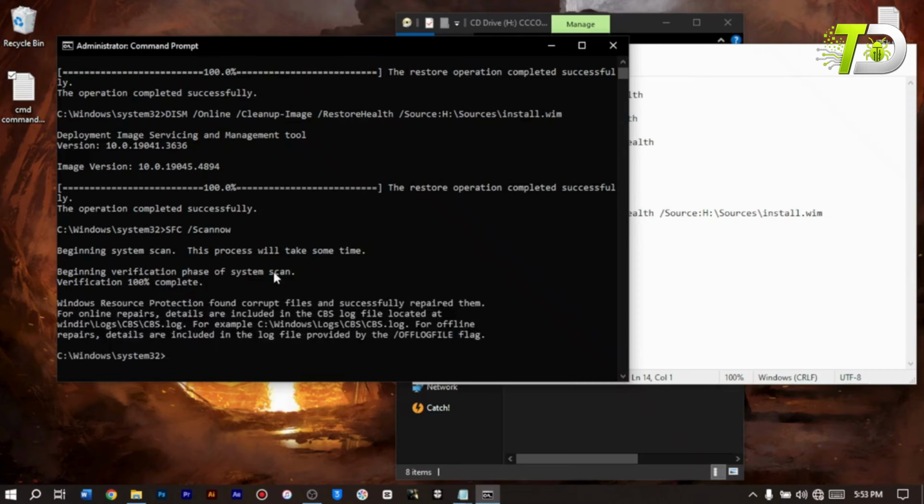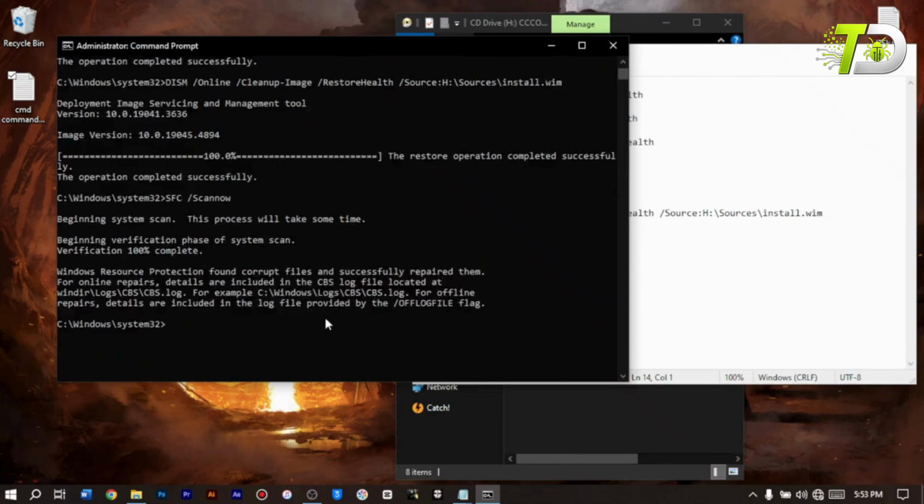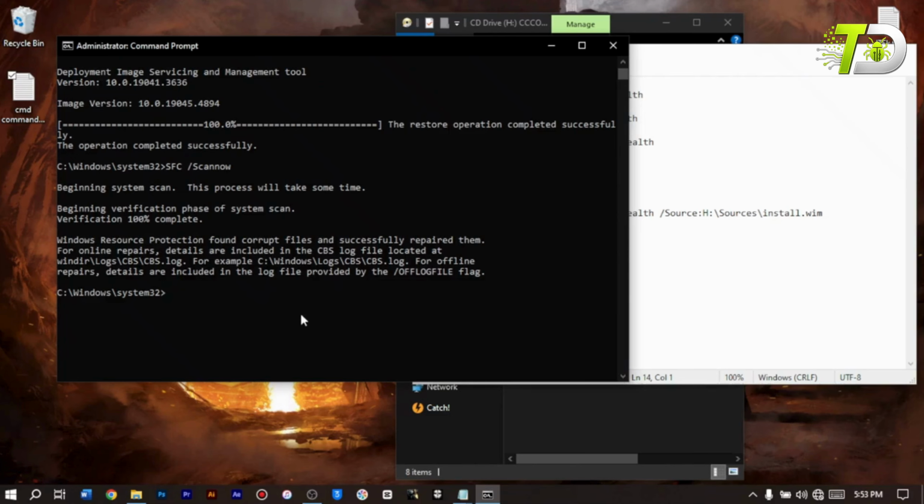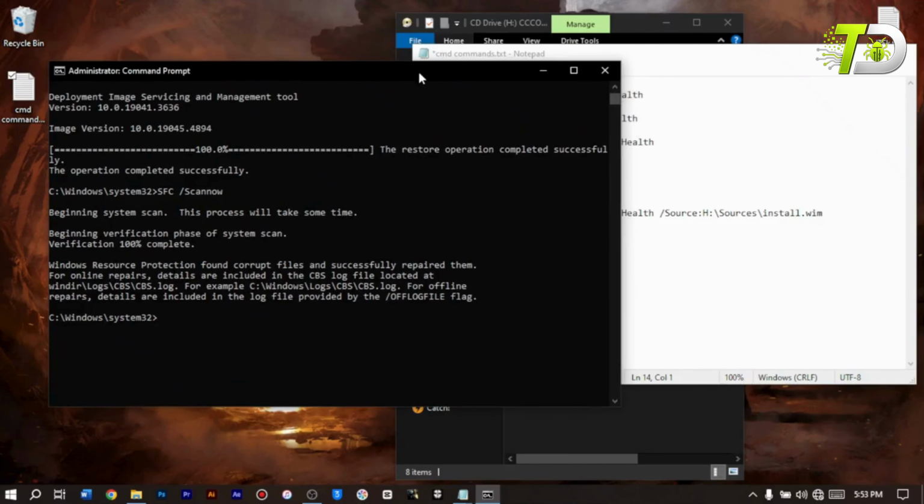Okay, so once the verification phase is complete, you will see here Windows Resource Protection found corrupt files and successfully repaired them. For online repairs, details are included in the CBS log. Okay, so as you can see here, those files have been repaired by this command. That's all for this one. And then the next or the last command is the